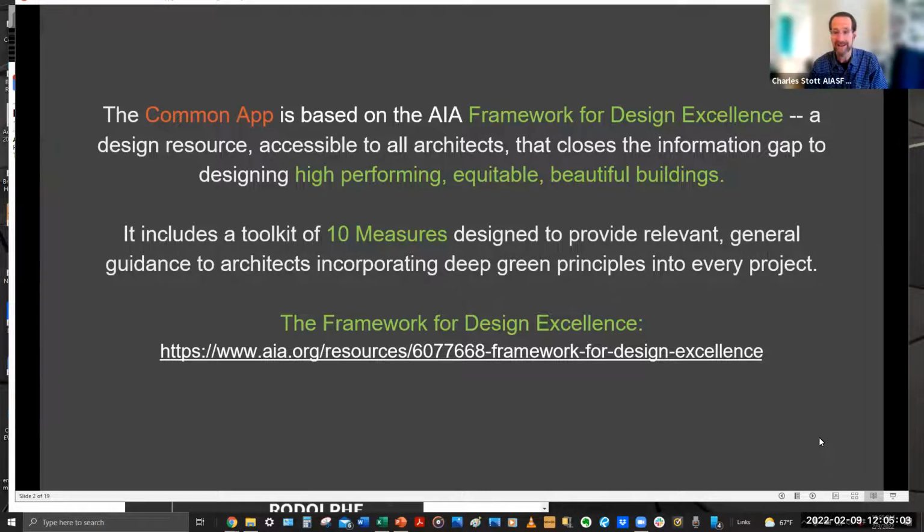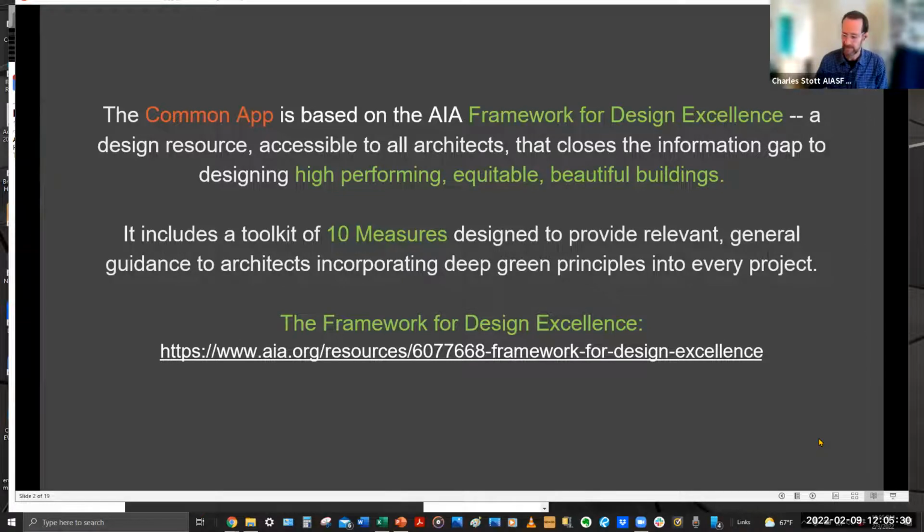The Common App is not solely focused on energy, as the Top Ten toolkit used to be when they had the COTE Top Ten. It includes other questions about a broad set of project performance criteria spanning the 10 measures from the AIA's Framework for Design Excellence. That framework is really the AIA's focus on how design excellence is defined.